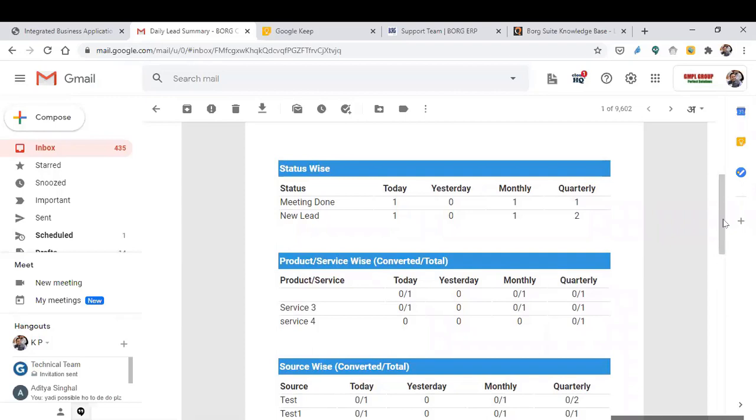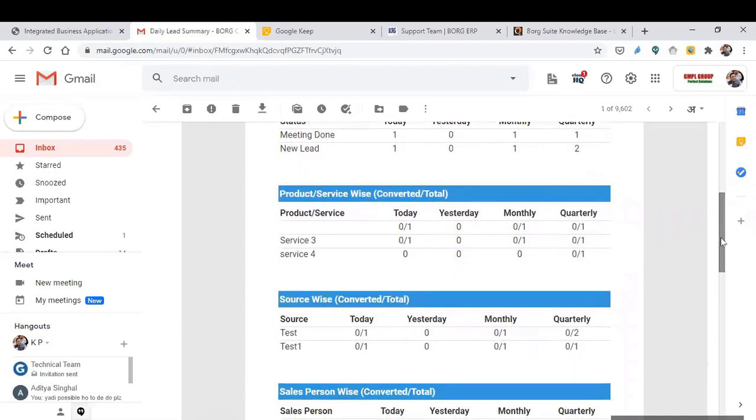Now, we talk about the product and service. We may have three or four products and services, or it may be 50 or 100. In that case, all will be listed over here. And you can see this is very interesting. Next to product and service, in the bracket, it is written converted over total.